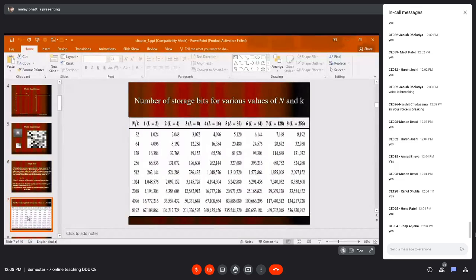Similarly, if I increase the gray levels to 256, the last column, then K will be equal to 8. We are using exactly 8 bits. So the size will be 32 cross 32 cross 8, where 8 is the number of bits to represent the image.